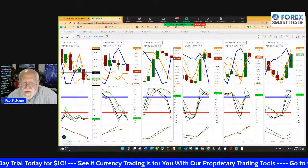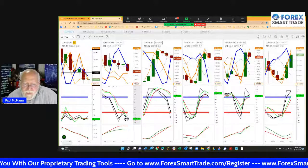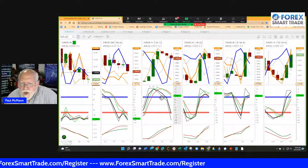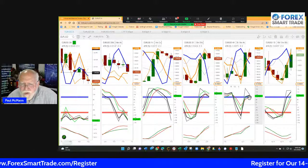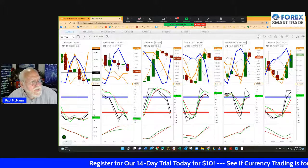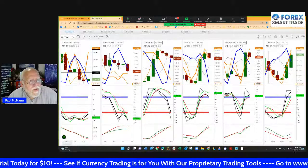This 30-minute signal here, you see this guy, it's like an upside down duckbill. This is telling me there's going to be a little bit more down movement. So we're overbought, just about overbought. I've got the down signal. Everybody is going down. So we're going to go ahead and take a 10 pip sell. So you can do that on your simulator, or we can